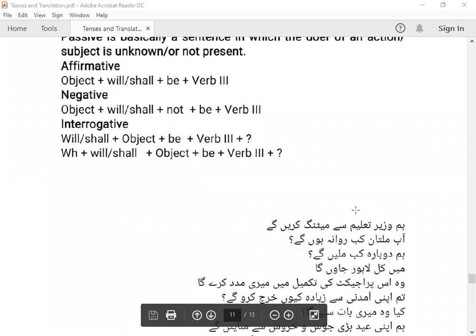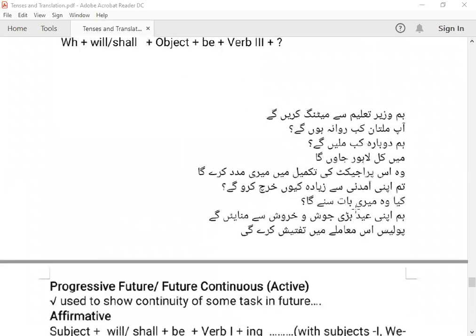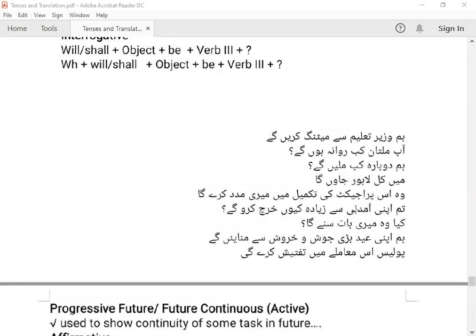और एक और इसमें हम बात यानी सिंपल फ्यूचर के हवाले से या दूसरे फ्यूचर से भी हम डिस्कस कर सकते हैं कि अगर जब हम एम्फसाइज करना चाहें या स्ट्रेस पुट करना चाहें तो फिर हम उसमें विल और शैल को रिवर्स कर देते हैं। जैसे यहाँ पे लिखा हुआ है हम वज़ीर तालीम से मीटिंग करेंगे। अगर इसका सेंटेंस इस तरह से होता हम ज़रूर वज़ीर तालीम से मीटिंग करेंगे, राइट। तो अब इसमें एम्फसिस आ गई या स्ट्रेस आ गई, तो इसको ट्रांसलेट करने के लिए हम फिर क्या करते हैं, विल और शैल को रिवर्स कर देते हैं। यानी इसमें वैसे तो शैल लगना चाहिए, लेकिन जब हम ज़रूर का लफ्ज़ इस्तेमाल करेंगे तो फिर विल लगाएंगे। वी विल होल्ड अ मीटिंग विद द मिनिस्टर ऑफ एजुकेशन, राइट।